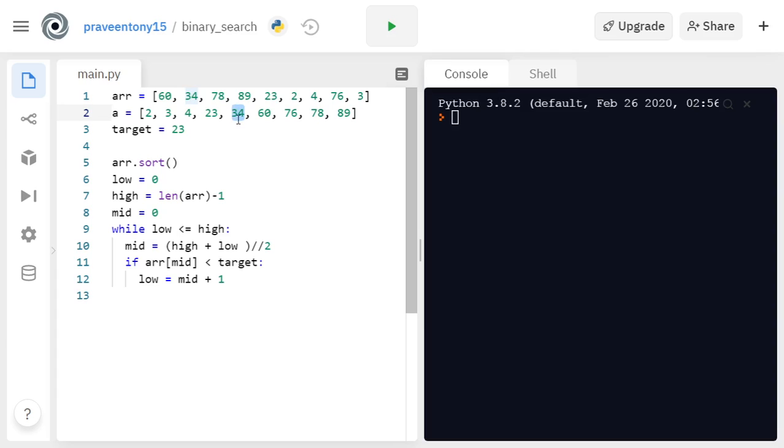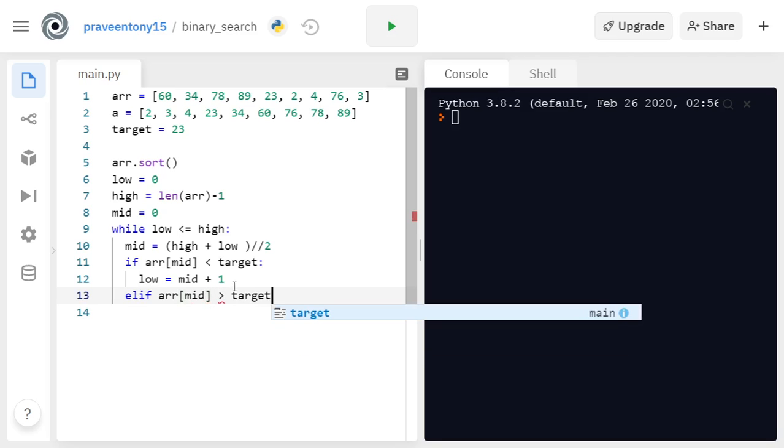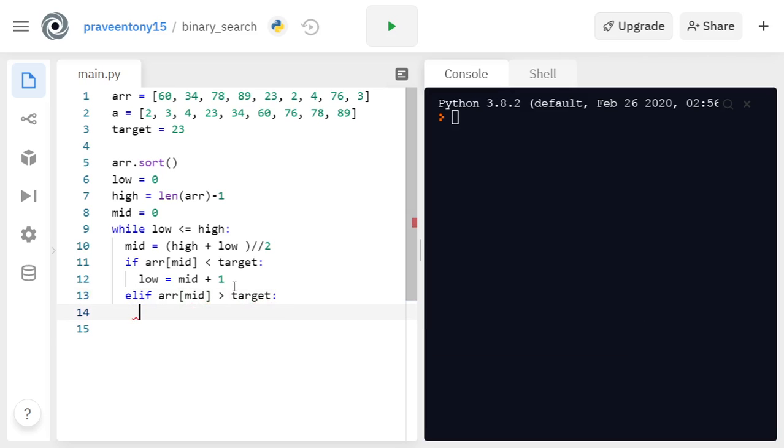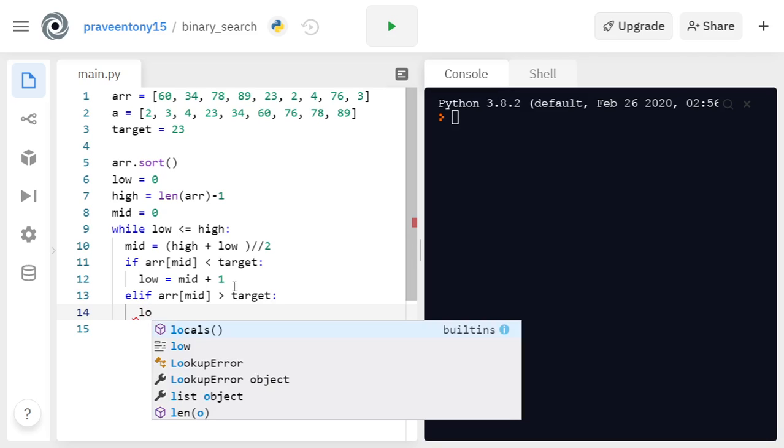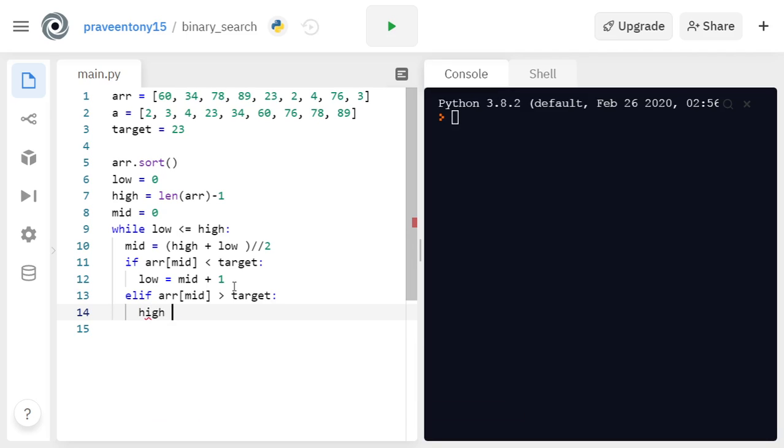It's not less than target, so we do the next step, elif array middle is greater than target. If that's the case, we have to change the high to middle - 1.